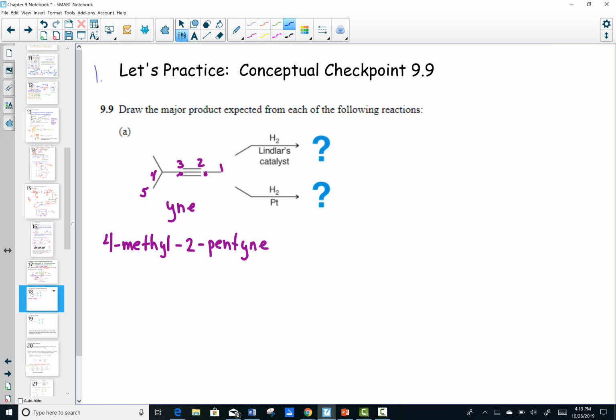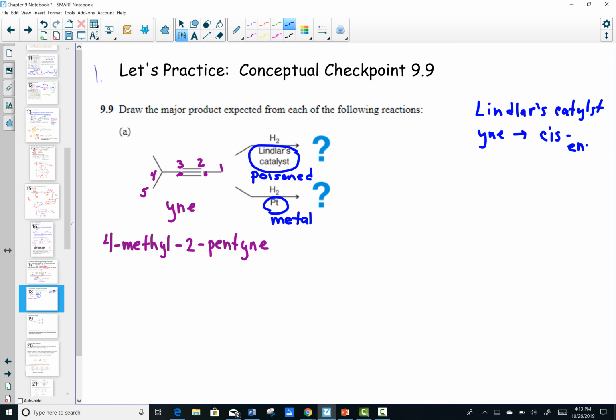Now, notice here we see something very important. We're comparing the catalyst, Lindlar's catalyst, and think of that as a poisoned catalyst, and we compare that to just a metal, which then is becoming surface chemistry. Let me remind myself with some notes over here. Lindlar's catalyst, when I see that in the presence of hydrogen, I know that the yne will convert to a cis configuration and end at the double bond. I'll call that the ene. So putting this as kind of a naming practice, we will produce